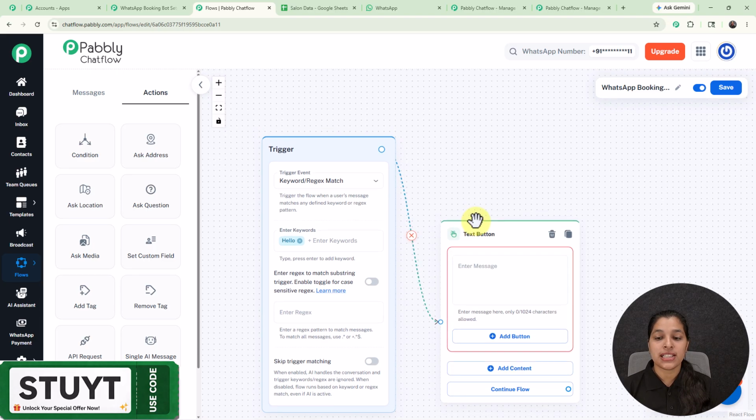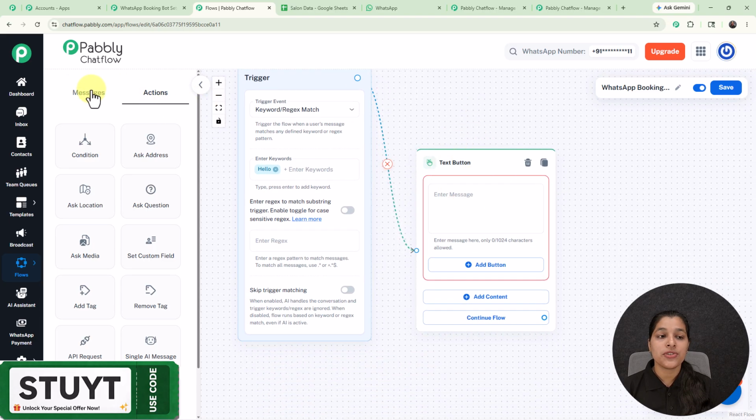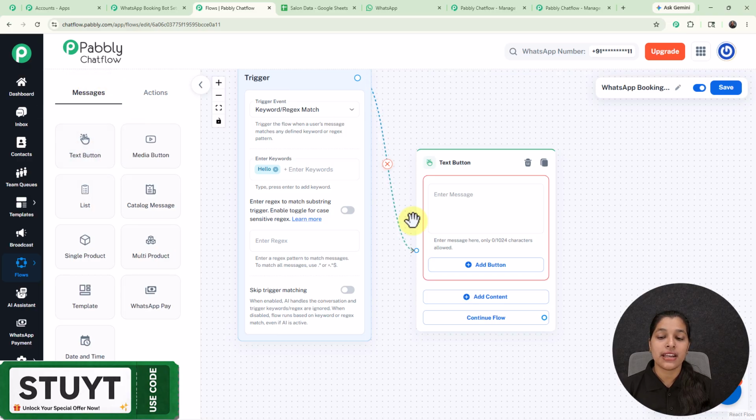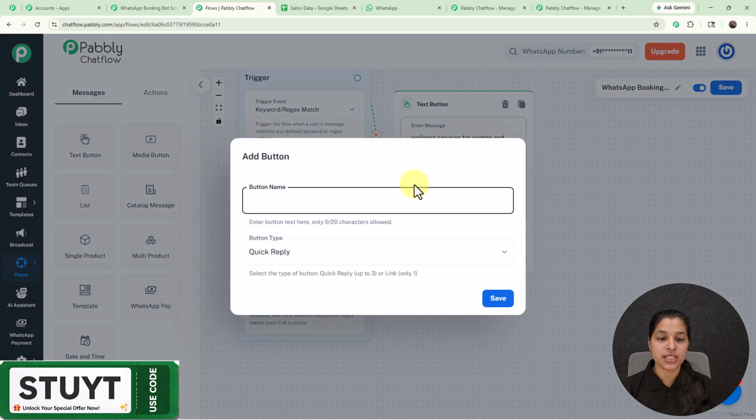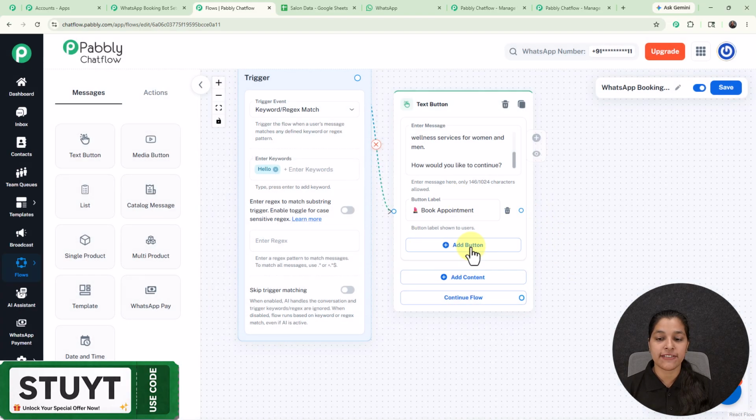So I'm going to select it, and you can get this text button node from this message block too. And now here I'm going to enter the welcome message. So here I have entered this welcome message. Now we just have to click over this add button, and here I'm going to enter my button name as book appointment. Now let's click over the save button, and right here